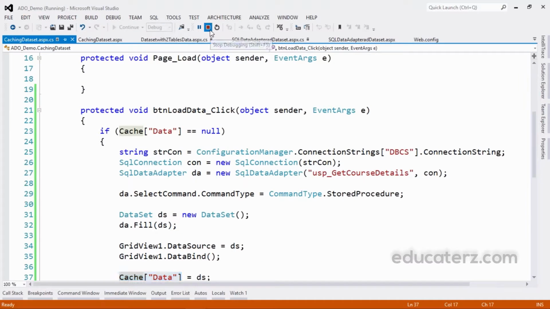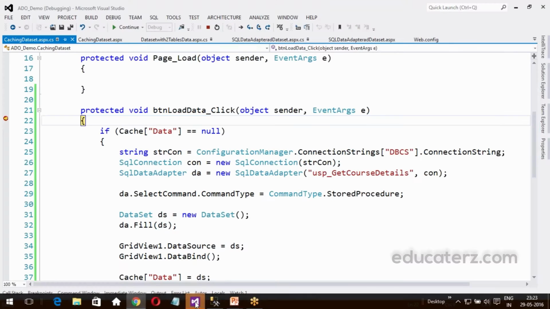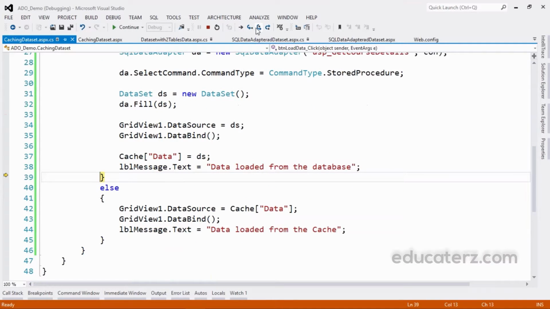What I want to make sure of, let me show you with a breakpoint. Again, I'm executing it. For the very first time, when you click on this load data, let us see the line by line execution, data is null. So it will be connecting to the database first. After binding the data into the grid view, I'm storing it in a cache.